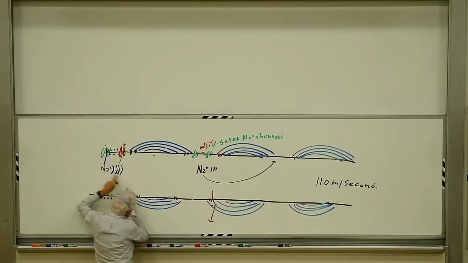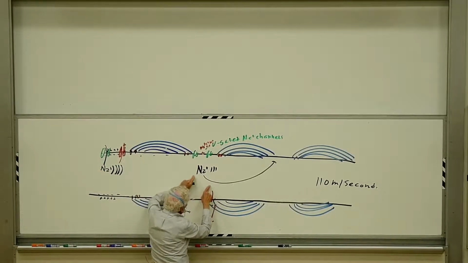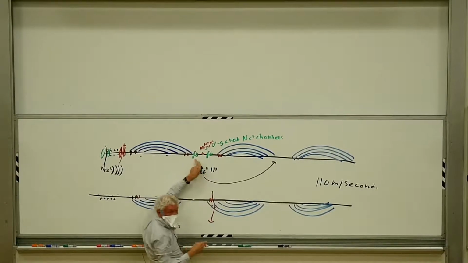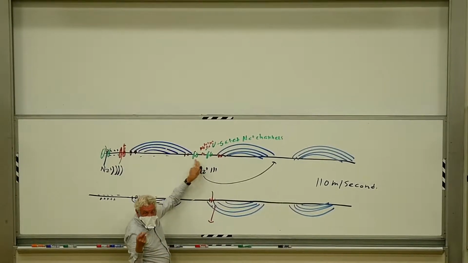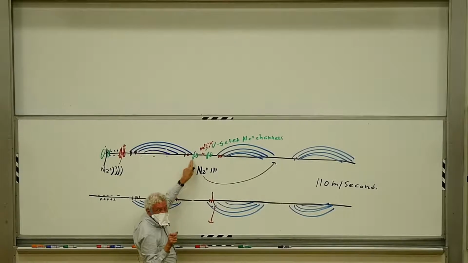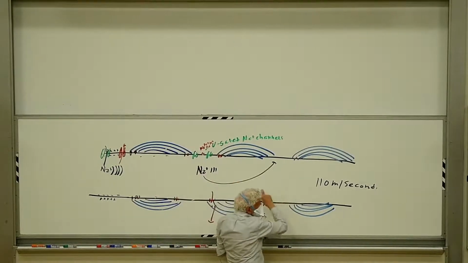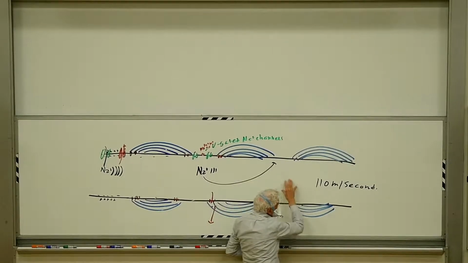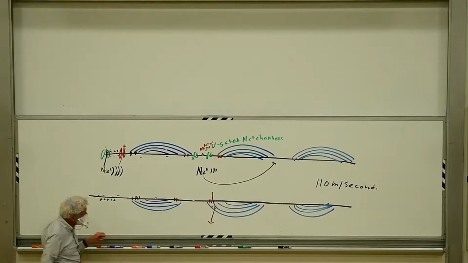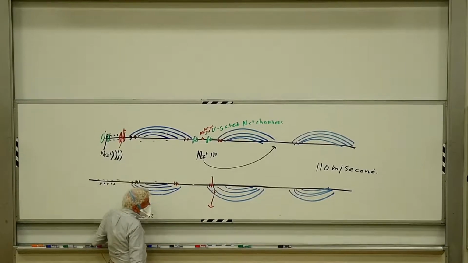So the energy now can be conducted through the axoplasm to the next node and expended here first to discharge the capacitance. But this is a small area of membrane, so it doesn't take that much to discharge the capacitance here, which then opens the voltage-gated channels. And off we go. And we just do it over and over again. In this way, by iteratively opening these channels, we can propagate the potential at 110 meters per second. So that's basically the story of how we